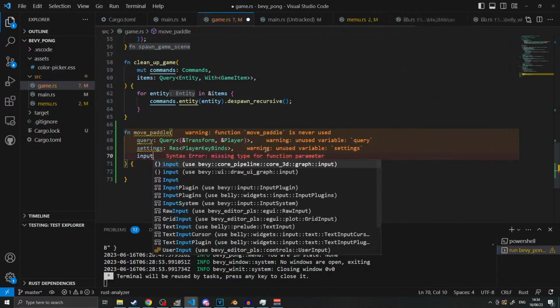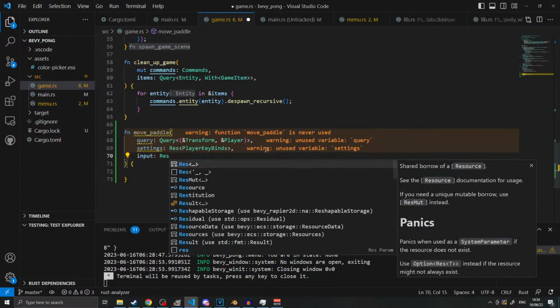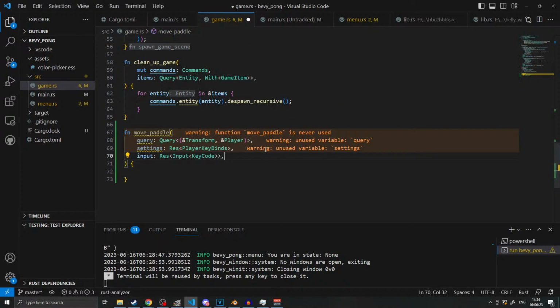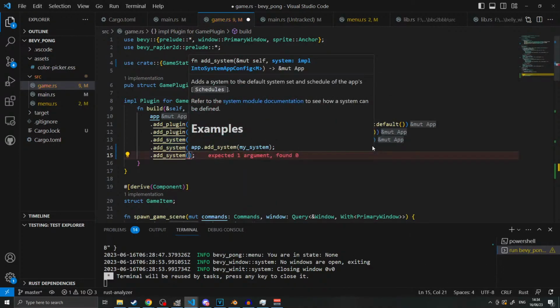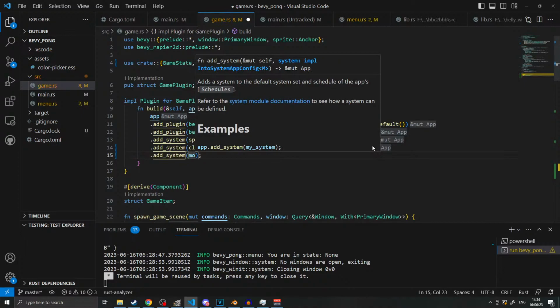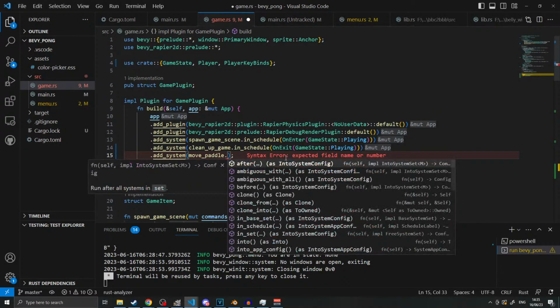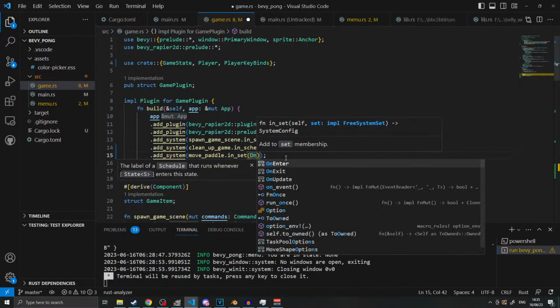Okay, and we're going to need input. Res input key code. Alright, so we're going to add_system move paddles, not in schedule, it's in set on update